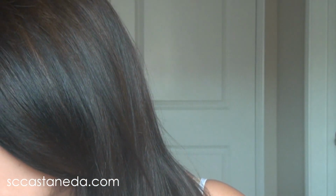The next step I'm going to do is to lightly contour my face, and this is not the heavy contour that you won't mind when you take pictures because the flash will kind of drown it out. This is the one that you want to use on a daily basis that is a little bit more subtle and you can't really tell because you need to make sure that you blend it really, really well. I usually use Blend from MAC, and I don't see it, but today I'm just going to be using this deep nude